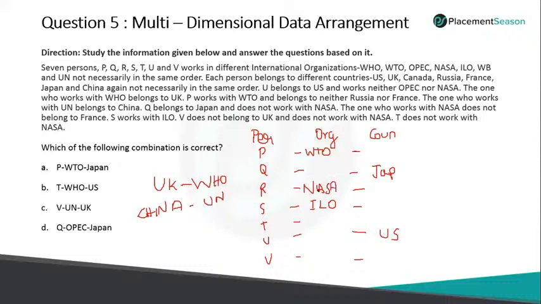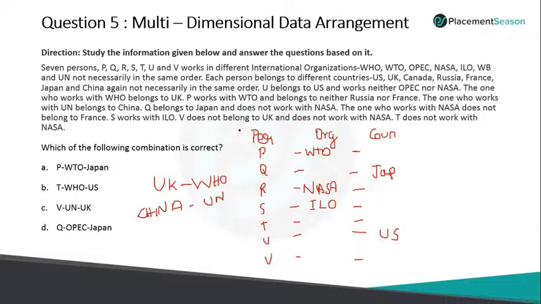It's good. Now we'll see how we can fix the remaining. We have two things which are fixed: UK means WHO, and China means UN, so we can directly fix them here. But here it is already fixed, one is fixed here, one is fixed here, and here both are not fixed. Here it is fixed, so these two should come only here. But how can we fix it? There is a condition I think given for what?